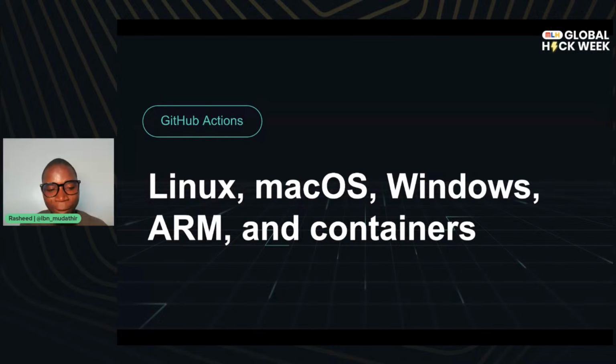So your CI/CD pipeline can run on a Linux server, which is hosted by GitHub for you, or you can host it yourself, on macOS, Windows, ARM, and containers. Everybody is moving towards containers. We all know what a container is: you write a Dockerfile, you build a Docker image, and a Docker image you turn into a container, which is your running image. So whatever you want to run, GitHub Actions gives you a platform to run it over Linux, macOS, Windows, ARM, and even a container.